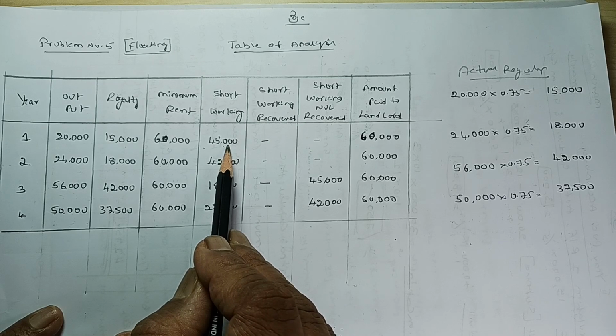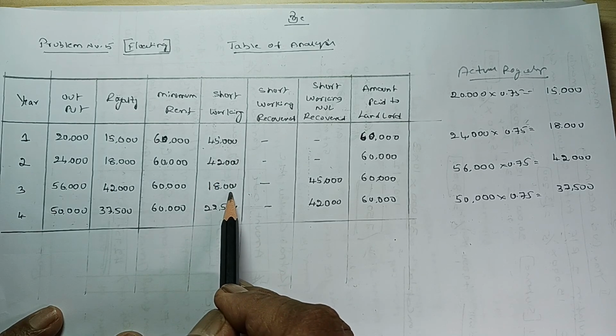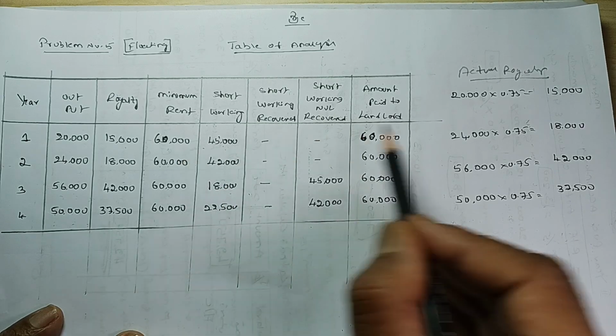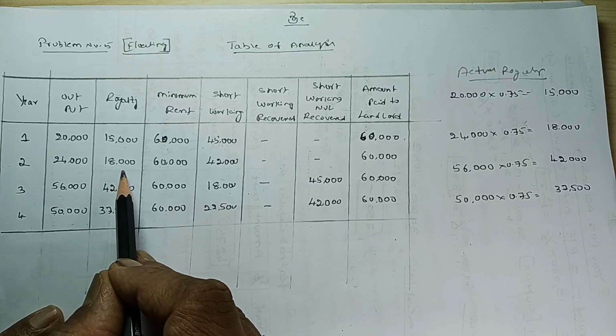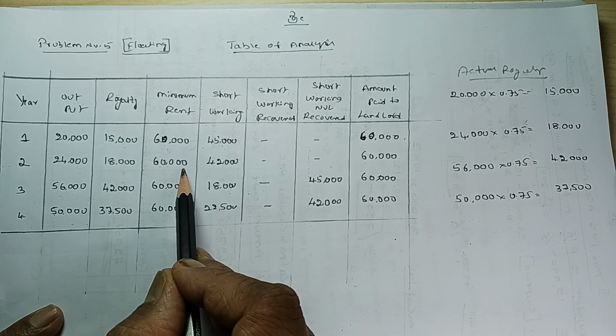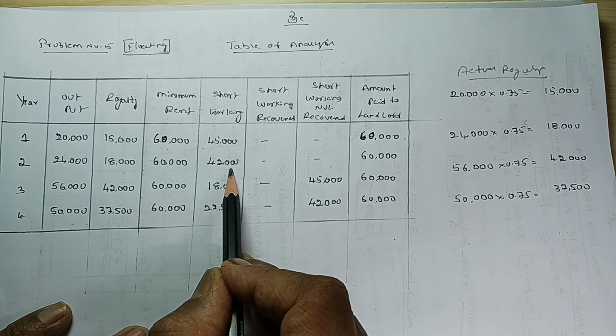This is the first year. It can be recovered in which years? Second year and third year. You just remember, second year and third year. So you will pay how much actually? 60,000. Then second year 24,000, actual royalty is 18,000, again minimum rent is 60,000, again you have short working of